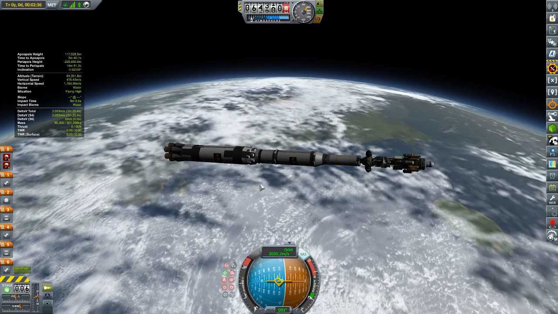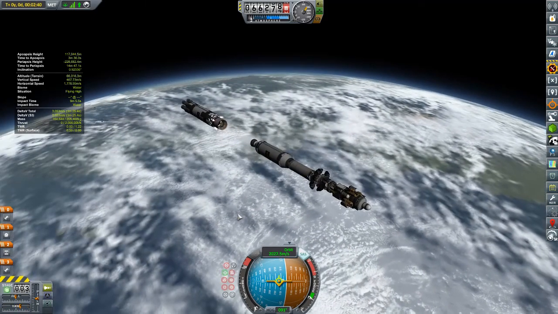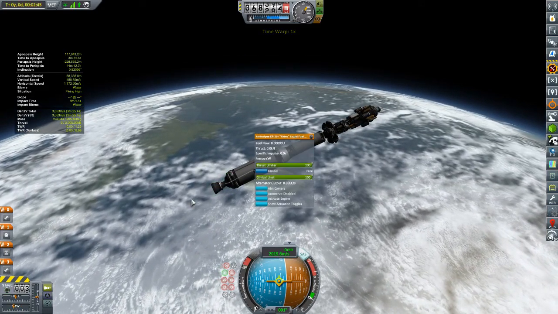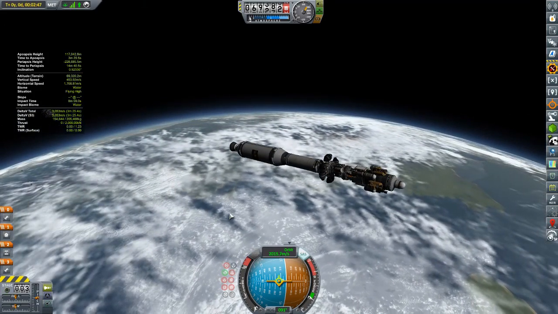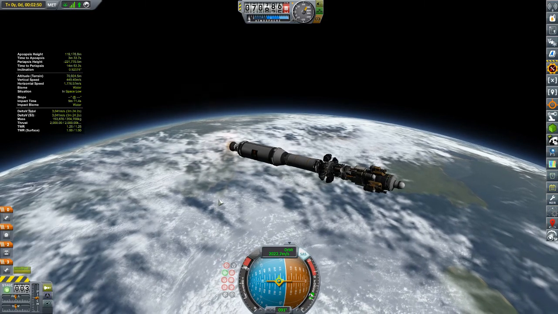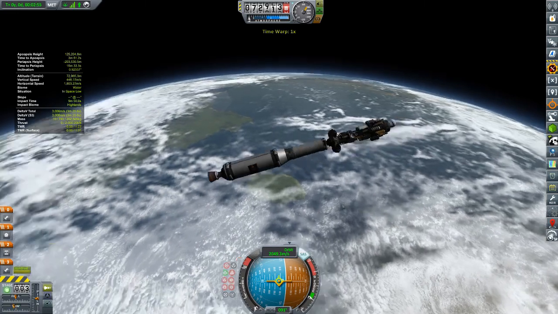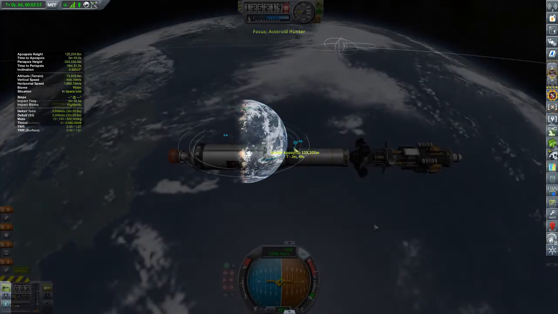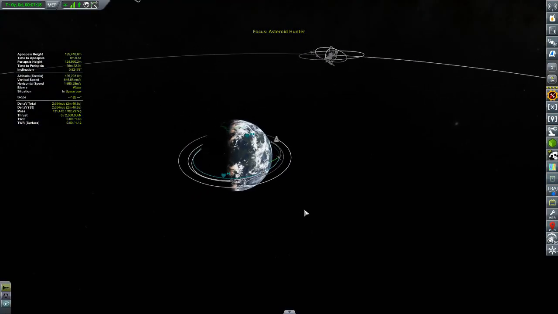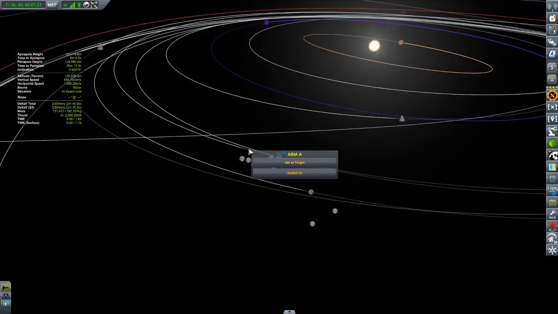Alright, so now we're just about to separate this main booster, which is using the big Super Rat-Tight engine cluster, which was very nice. And now we have this 3.75 meter Rhino-fueled stage, which is hopefully going to take us the rest of the way. So let's fire that up and get our orbit up a little bit to 125. Alright, here we are in orbit with 2,654 meters per second of delta V remaining,